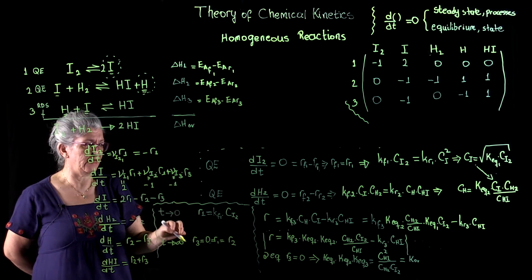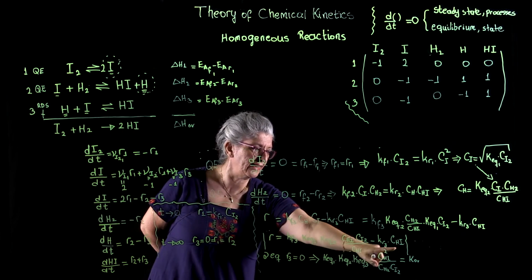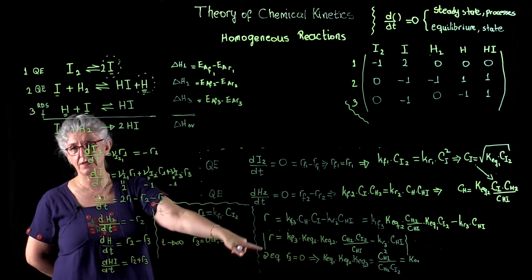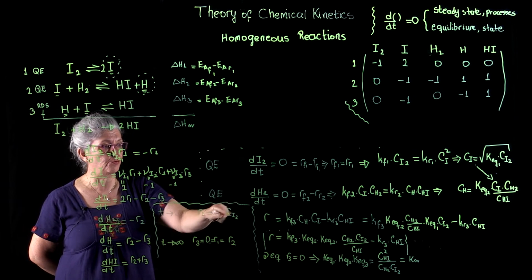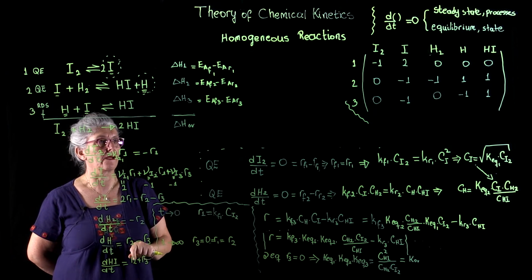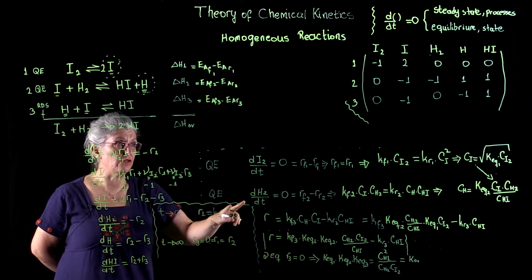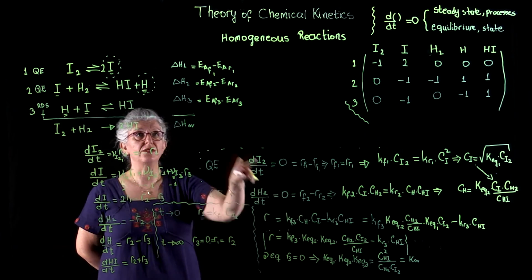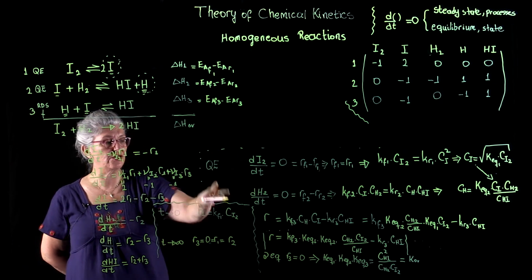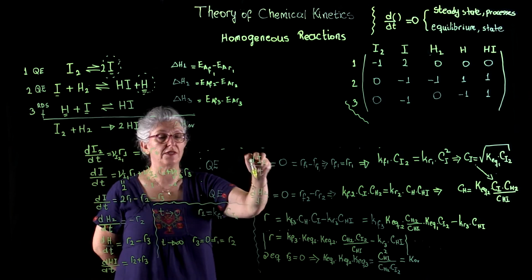And here we have an expression telling us that the overall equilibrium constant is equal to the multiplication of the individual equilibrium constants. So let us work through this example, the relationship between the enthalpy changes and the equilibrium constants